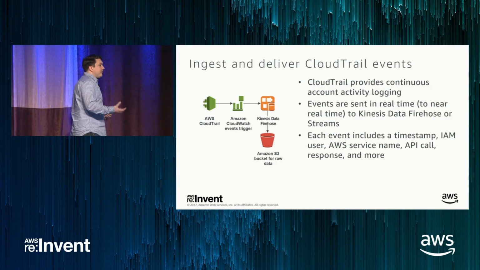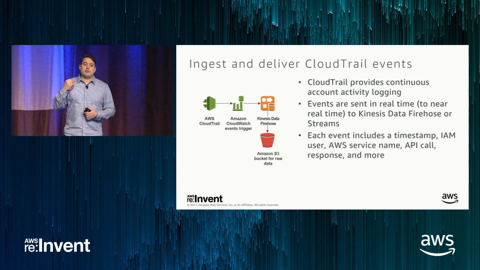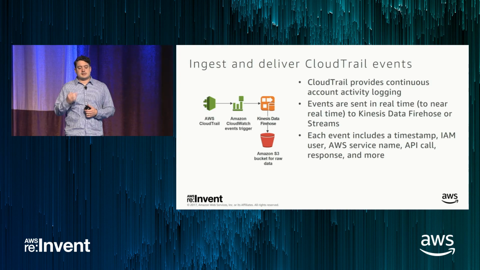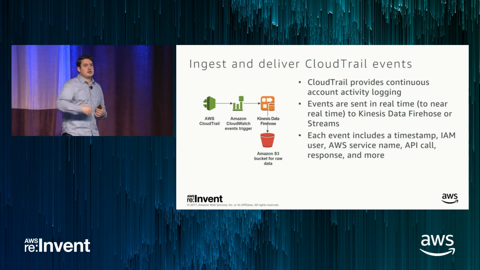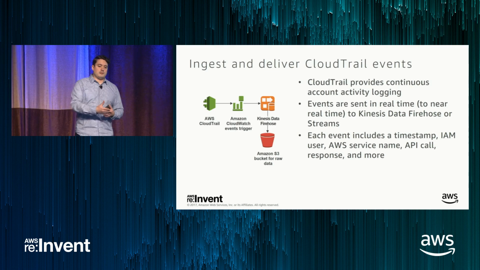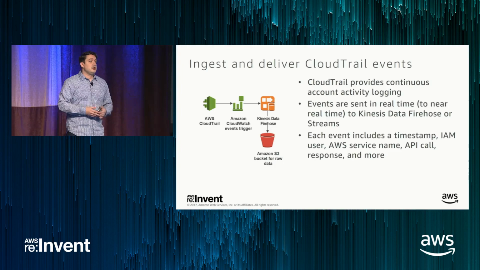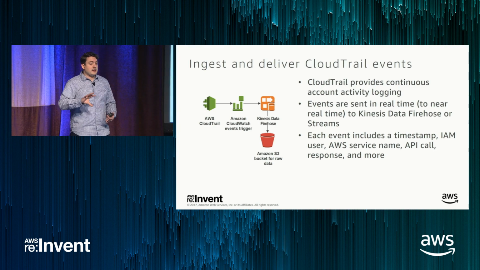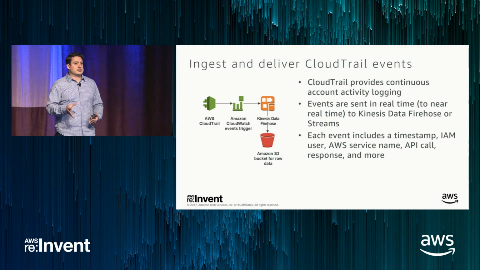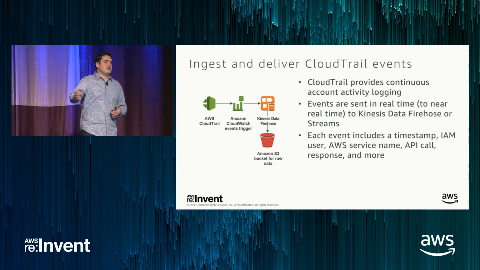As I mentioned, CloudTrail provides basically continuous logging of account activity. What CloudWatch Events does, and it's not the only integration that CloudWatch Events does, is allow you to trigger an event from point A to point B. As an example, we're sending data to Kinesis Data Firehose here, but you could also send it to a Kinesis stream. You could invoke a Lambda function. You could send it to CloudWatch Logs. It's a very useful integration that I feel not enough customers know about, because it's basically set it and forget it. You set up the CloudWatch Events trigger and the data just starts showing up in the service that you pick.